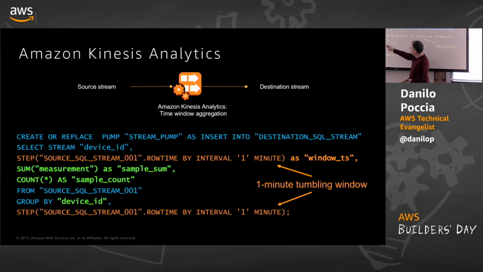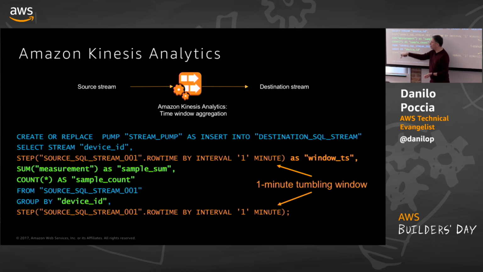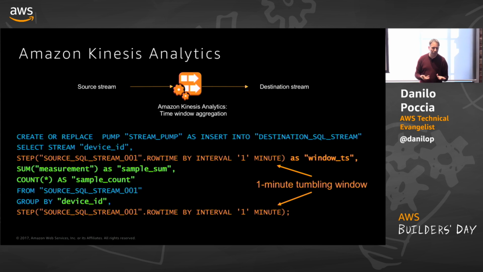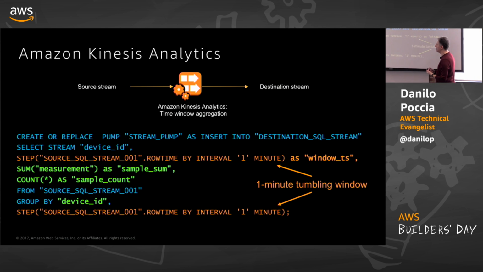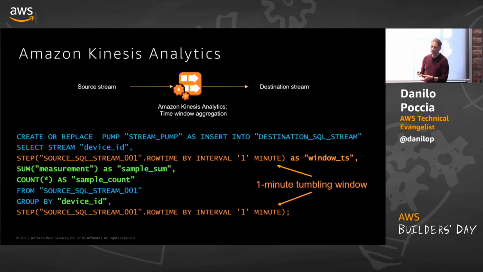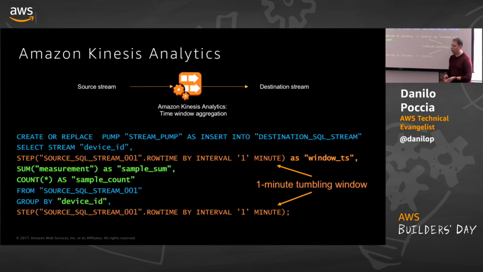And then on this data that is aggregated, we can run the sum of a specific measurement, so maybe the sum of the temperature, and we also count the samples. When you have the sum and the number of samples, it's very easy to build the average as a consequence. So this is an example of the syntax. Apart from these blue parts that are a little bit specific to the input and output stream, the rest is mostly plain SQL. And then there's this syntax to create tumbling, or if you prefer,